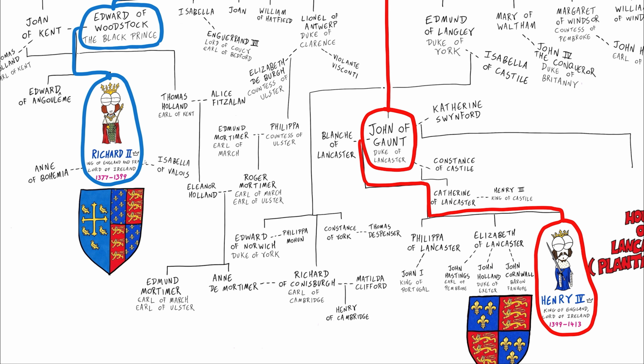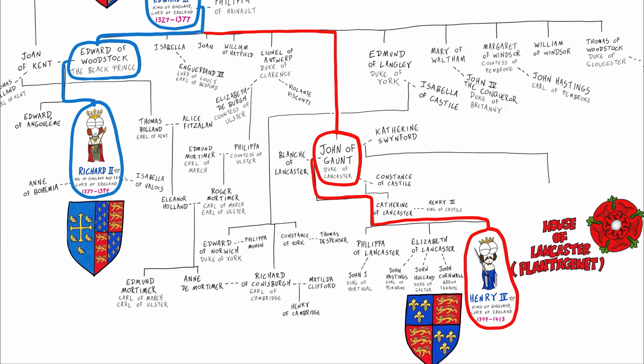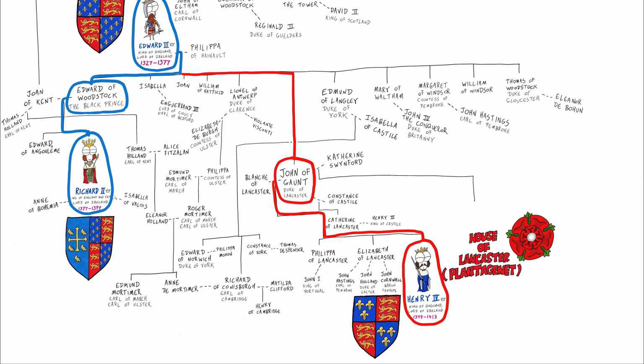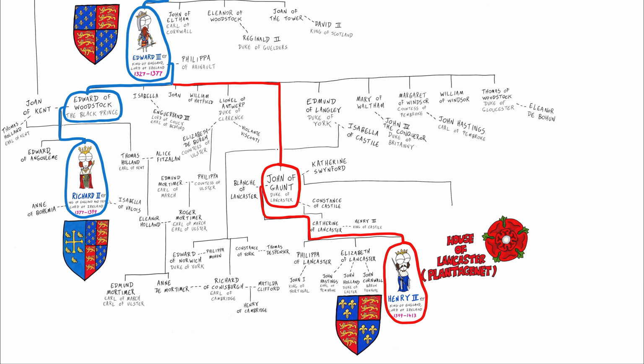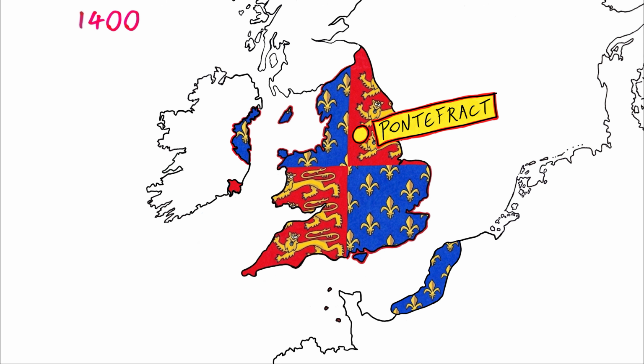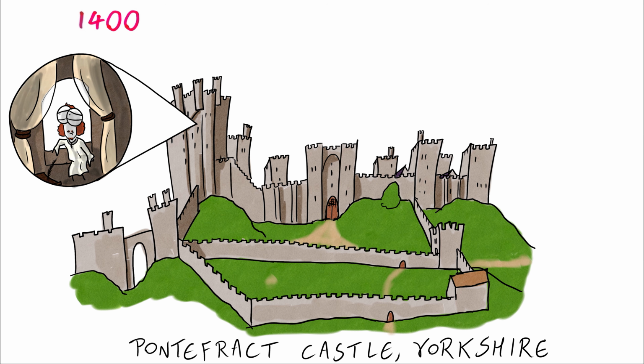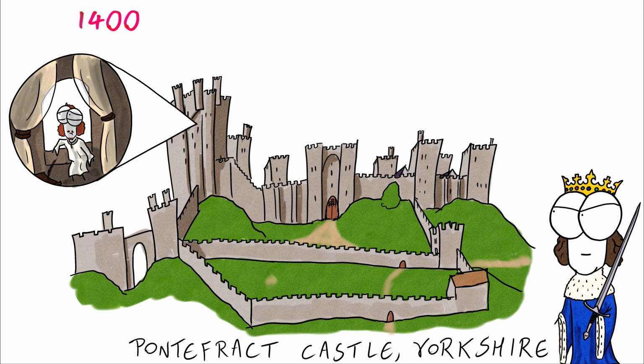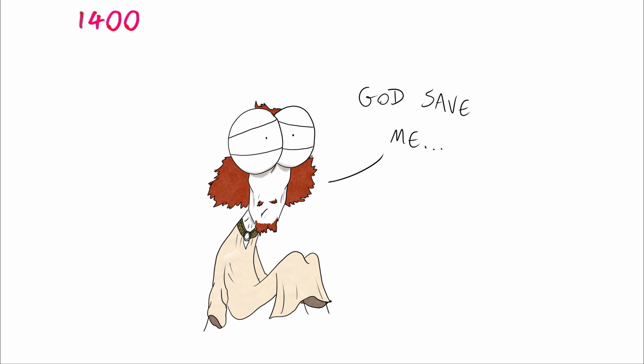Henry was descended of Edward III's son John of Gaunt, the Duke of Lancaster, and so this royal line of Plantagenet would be known as the House of Lancaster. King Henry IV allowed Richard to live, until he realised that having a living deposed king always ran the risk of him being restored later. So Richard was ultimately starved to death in Pontefract Castle. Or Richard starved himself, who's to know?